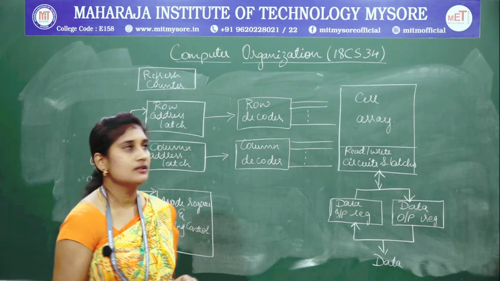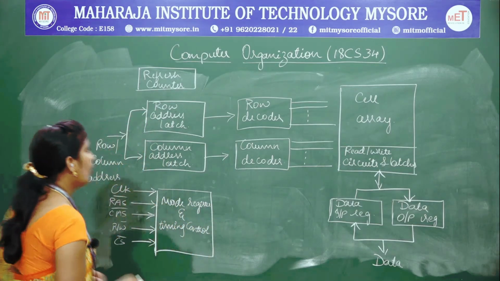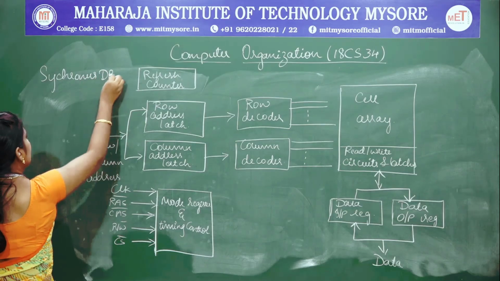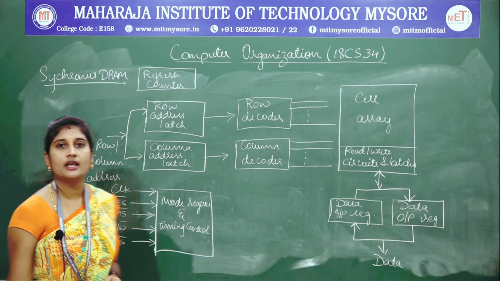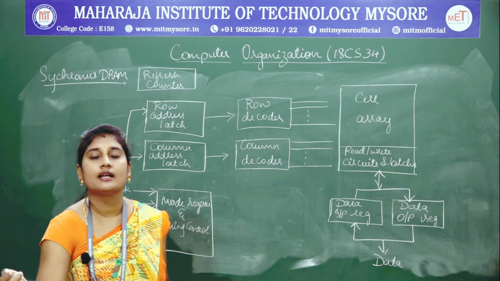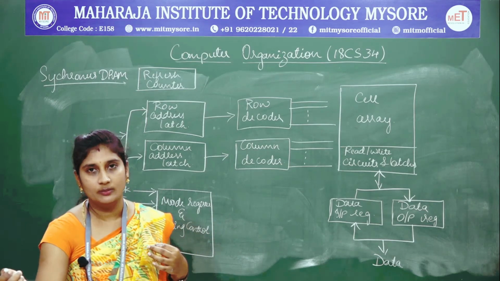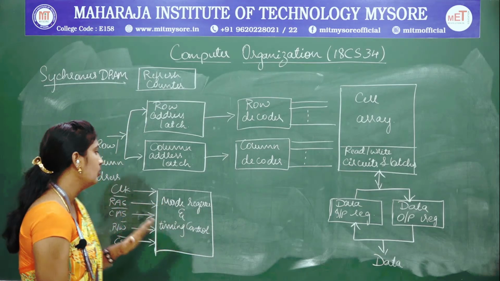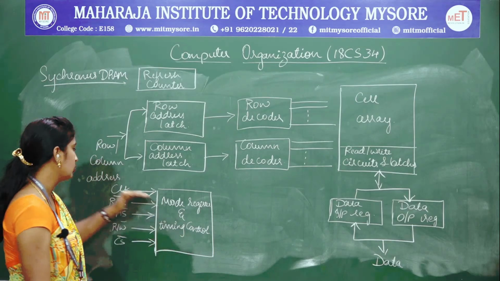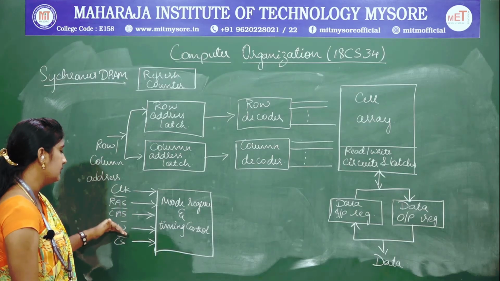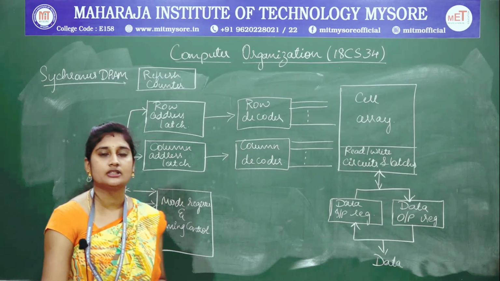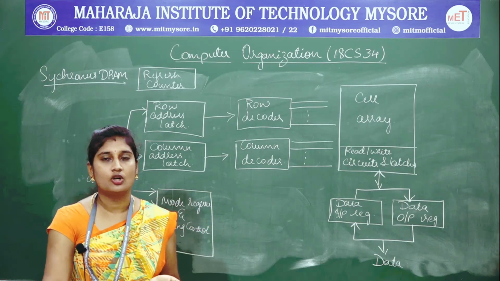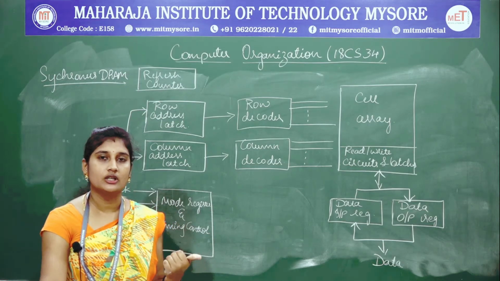Yes, coming on to the organization of your synchronous DRAM. As I already told, the reason the name synchronous DRAM is given is that all the operations you carry out in your RAM cell will be synchronized by using the clock signals. So the clock signal, mode register and timing control, all of that: the clock signal, RAS, CAS, read, write and chip select, all these control signals that you send to the internal organization of your RAM cell will be synchronized using the clock.